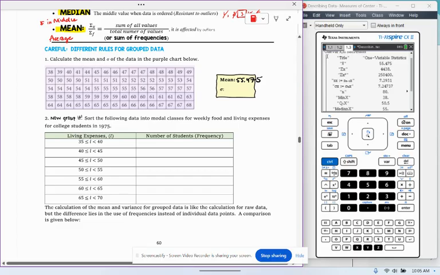I know we're always supposed to round to 3 sig figs in IB, so let's go ahead and write up top, x bar is equal to 55.5. And then for our standard deviation, on our one-var stats, in IB, we always use the population standard deviation,